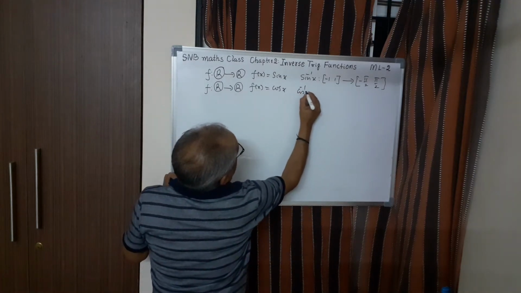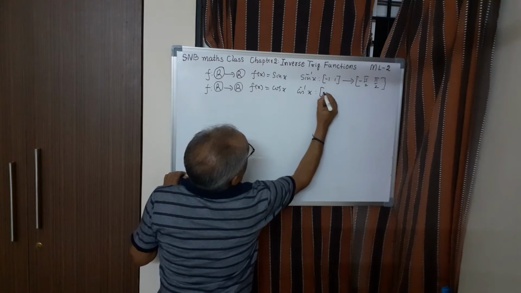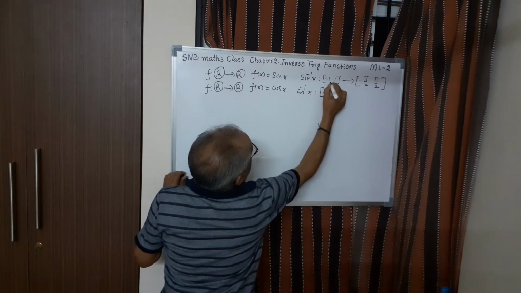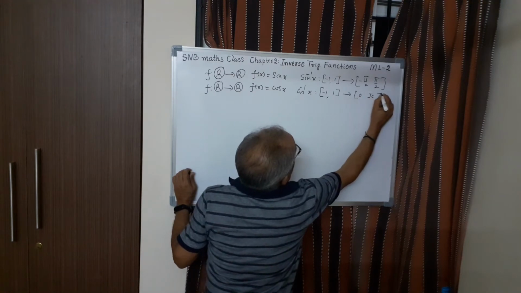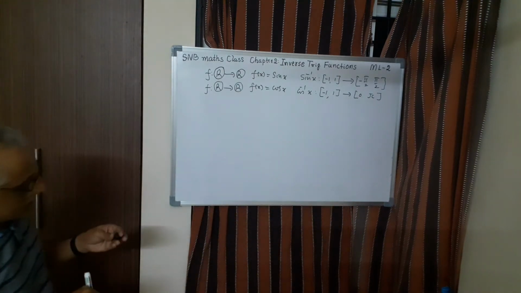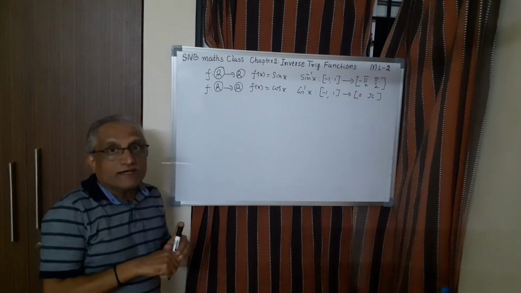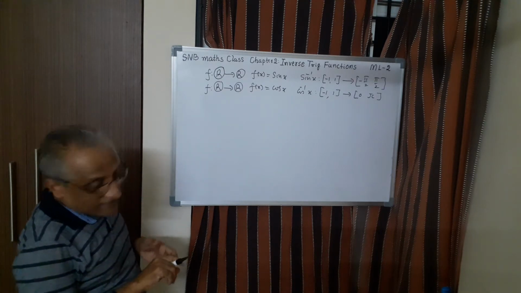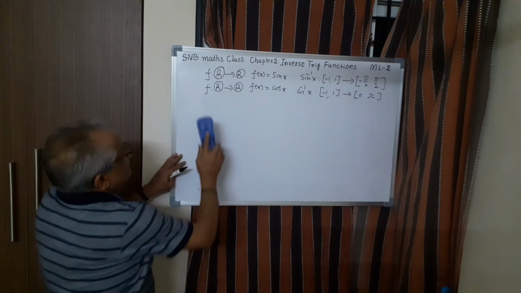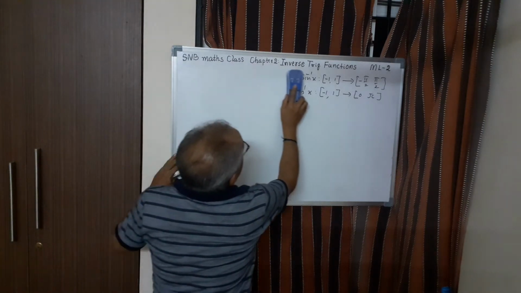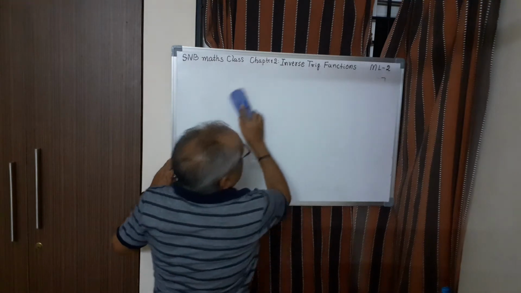Similarly, for cos inverse x, we have defined from -1 to 1 only, these two. Then here it is from 0 to pi. And I have explained how to make this 1-1 and onto with the help of the graph. Now today, let us study how to define similarly the next inverse trigonometric function, tan.